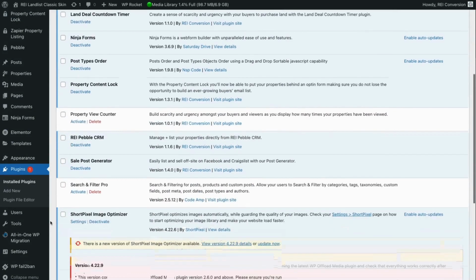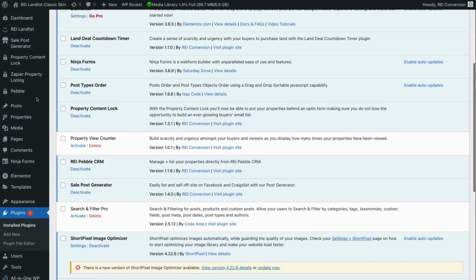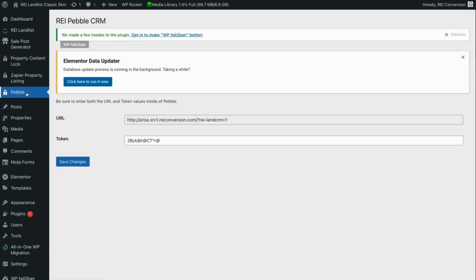The plugin responsible for this is called the REI Pebble CRM plugin. You'll know that it's activated if it says deactivate, and it is highlighted blue. After that, go ahead and head into the actual plugin here by selecting Pebble on the sidebar. And we're going to actually copy this information over to your Pebble account to make sure you connect your site